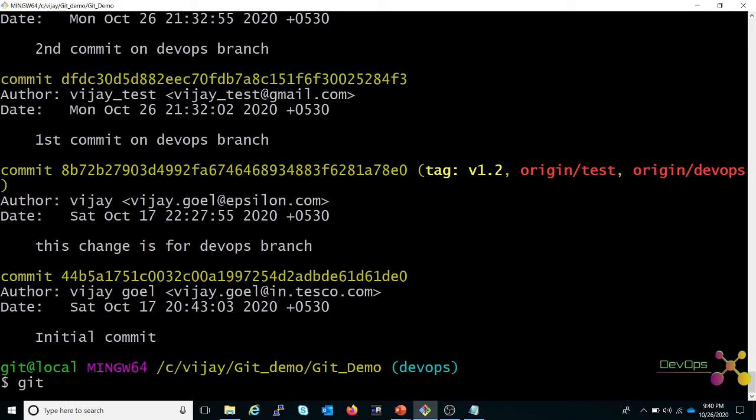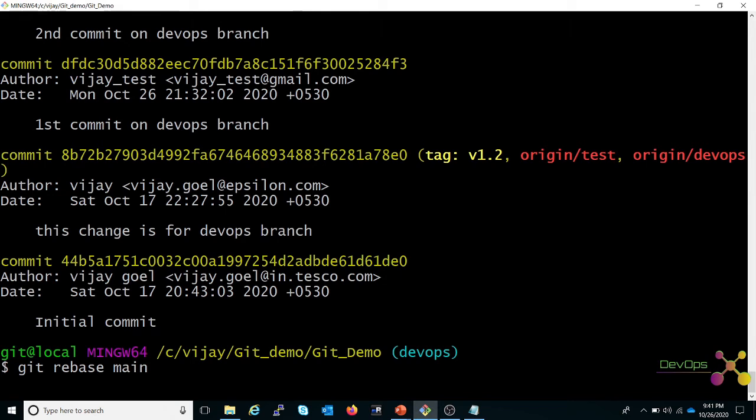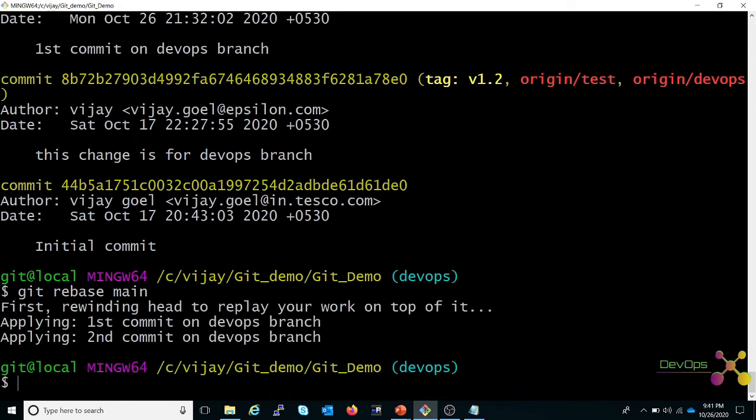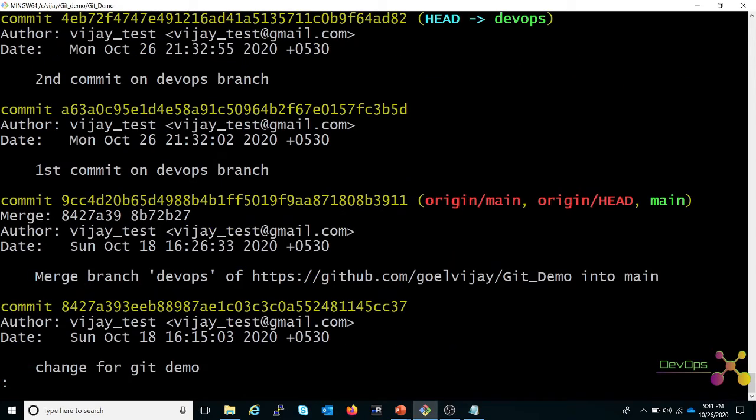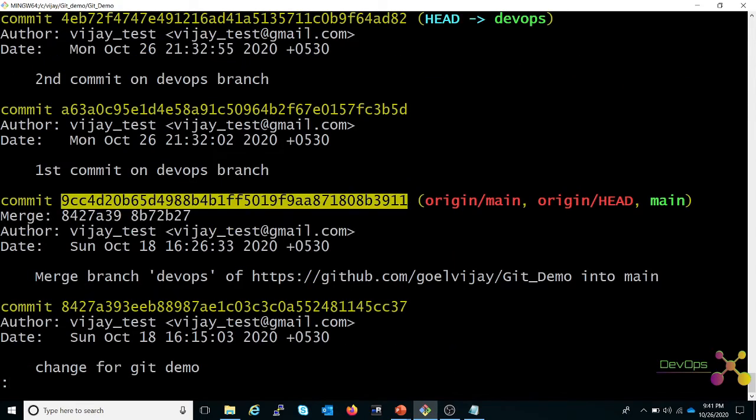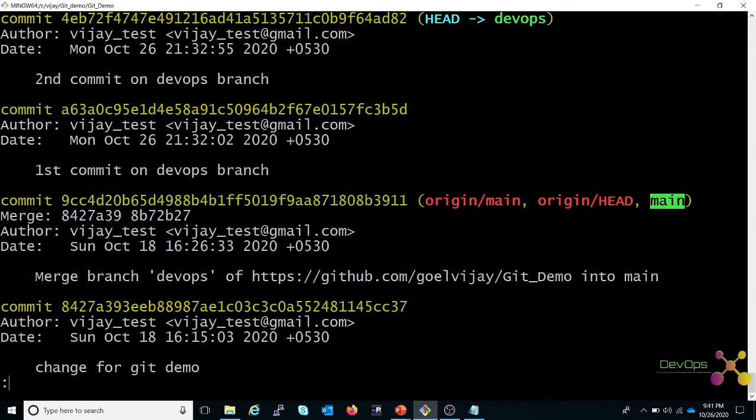Now we'll see, we are on the feature branch. We have to rebase our feature branch with main if any changes are there in main. Let's rebase it. Now you can see these changes have come from main also, and DevOps is on top.